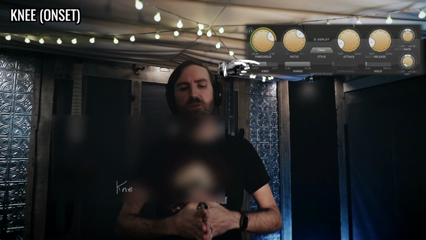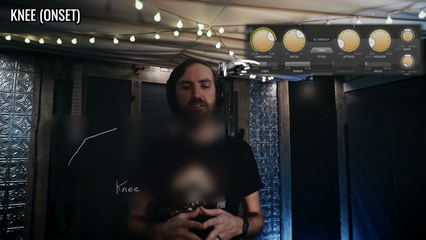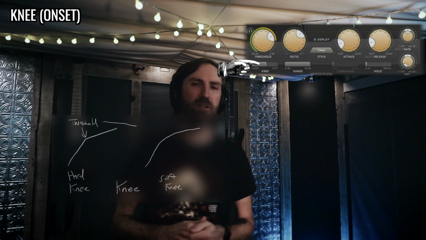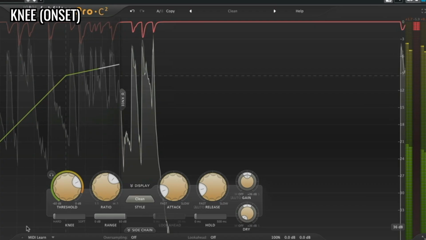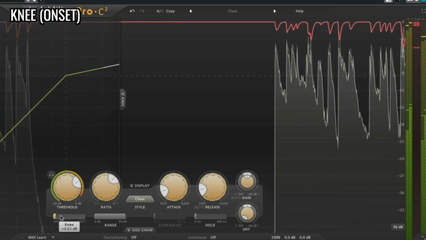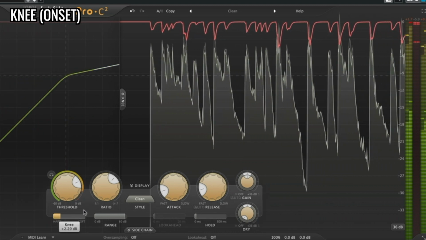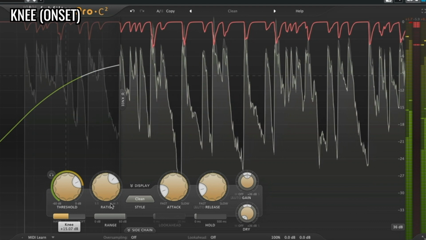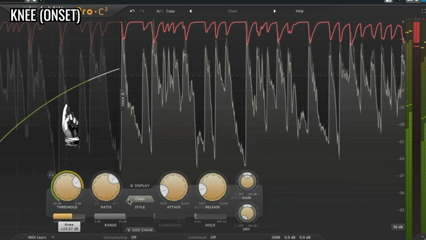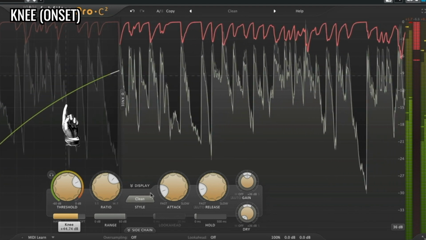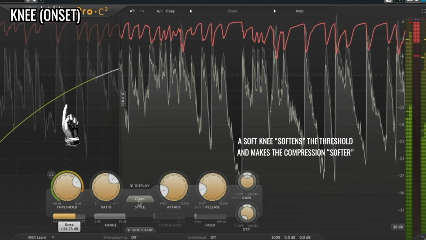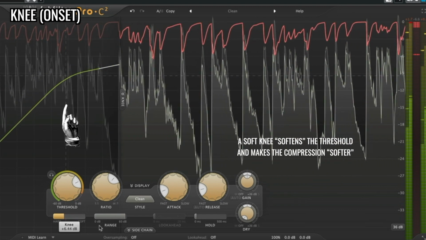The knee control on a compressor is basically just the softness or the strictness of the threshold setting. So a soft knee is going to basically allow the signal to start being pulled down, or the volume to start being pulled down as the input signal approaches the threshold. So you'll see it as a curve in a lot of compressors that have a graphical representation